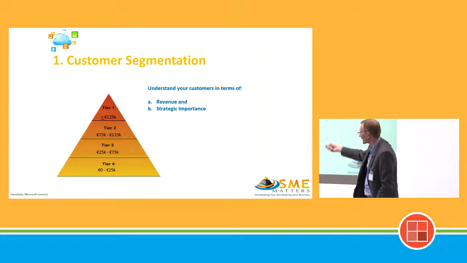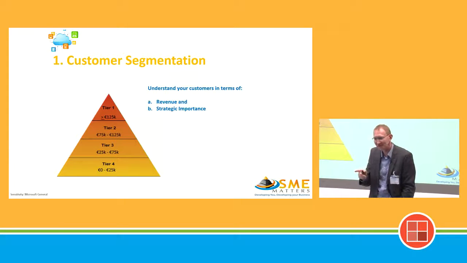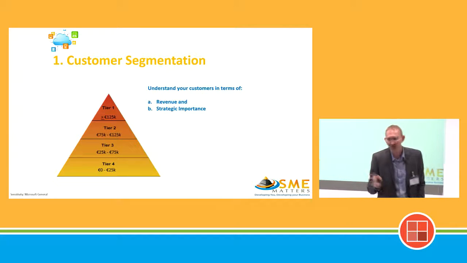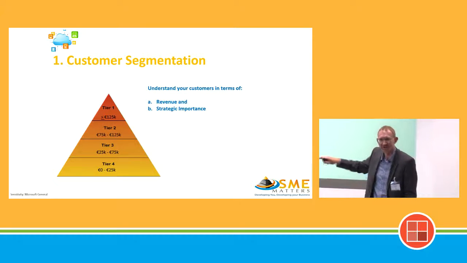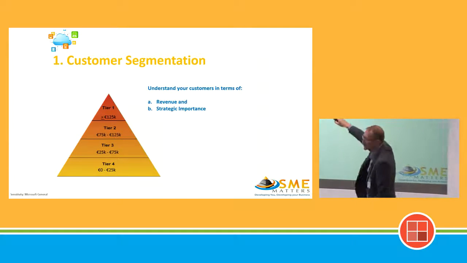And then we set up a pyramid. There's no pyramid scheme now, by the way. I got kind of confused now, right? We set up a pyramid. So we start with Tier 4, the guys who are generating revenue for you, but it's not significant revenue. Now, I've put values 0 to 25 up as far as 125.